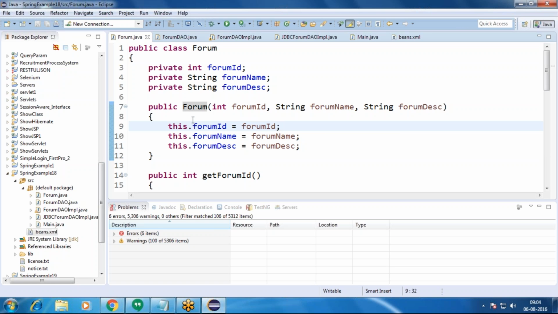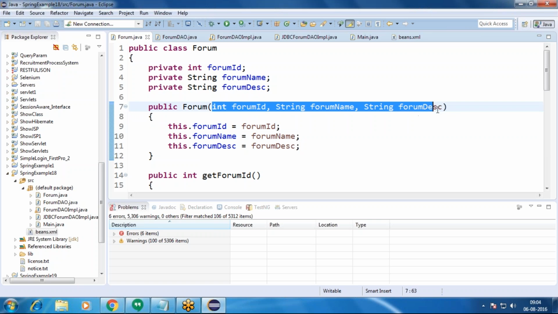Which method has a name exactly equal to the class name is known as a constructor. Here this constructor has some parameters, like forum ID, forum name, and then forum description.